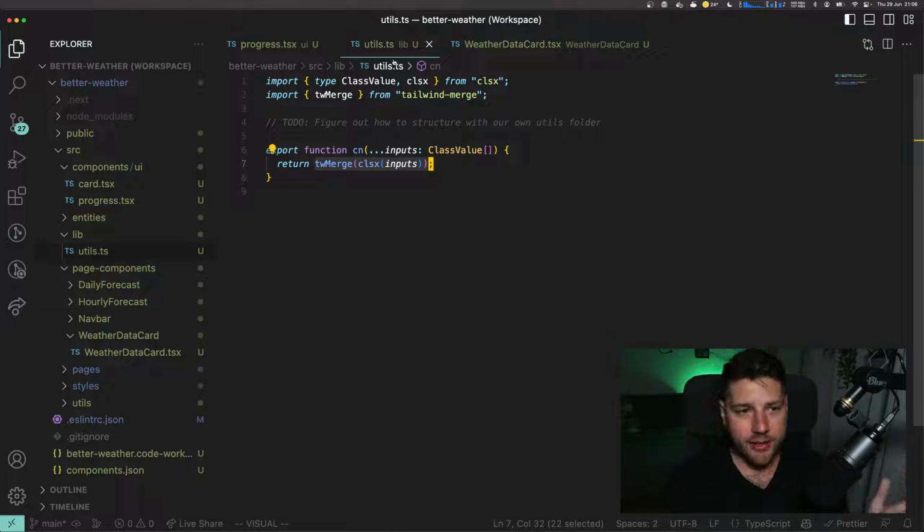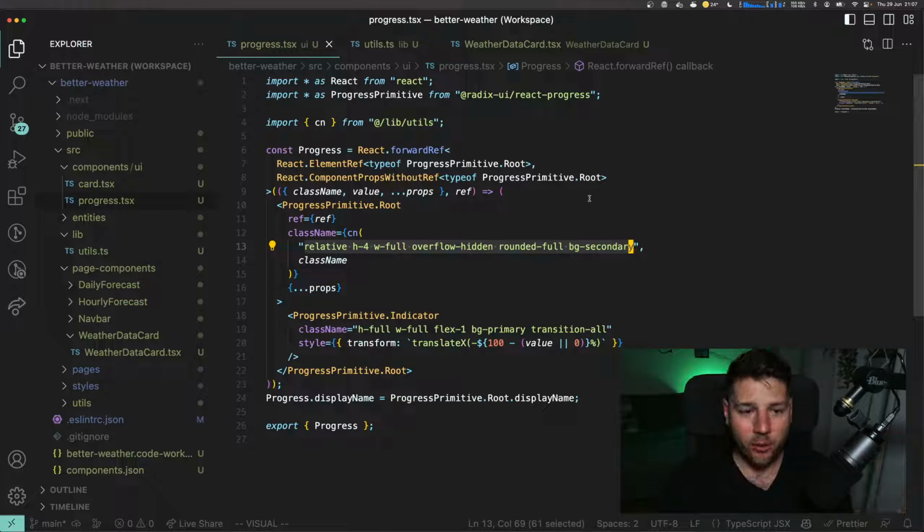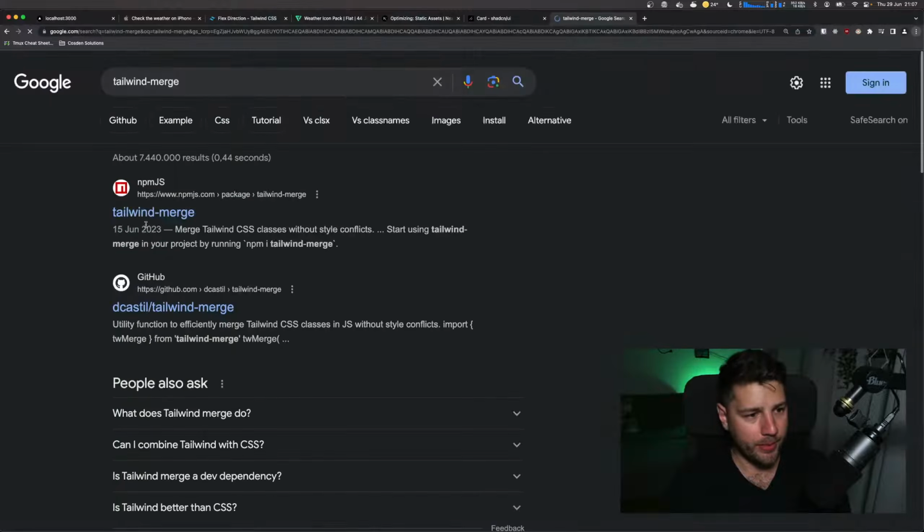Because if you're styling your component, right, with these default classes, and then you allow the caller of that component to provide their own classes, you might have conflicts, right? Because the classes that they may provide may conflict with the classes here. And so in Tailwind, there's a specific order to things. And then if you use this TW merge, which comes from Tailwind merge, which if you go to NPM and